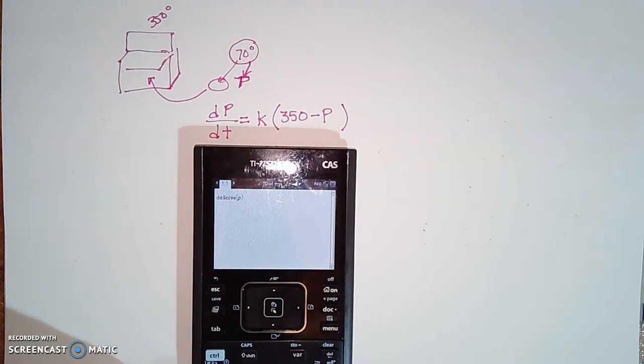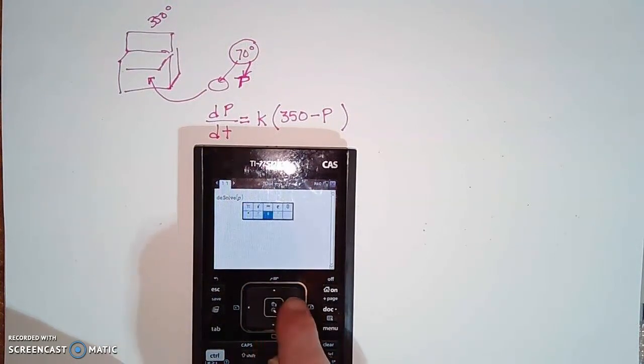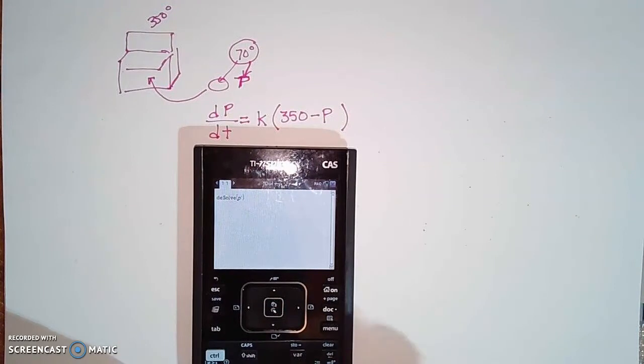P prime is under the pi symbol. P prime equals k. Got to use the times key. Close parentheses, 350 minus P, and the parentheses, comma, my independent variable, which is time, and my dependent variable, which is P,